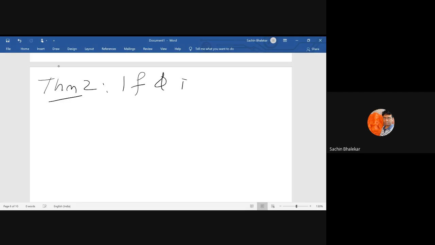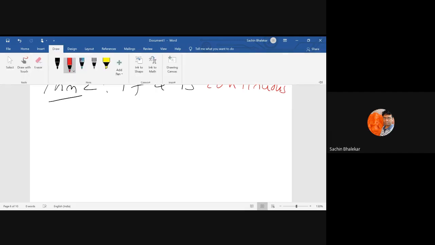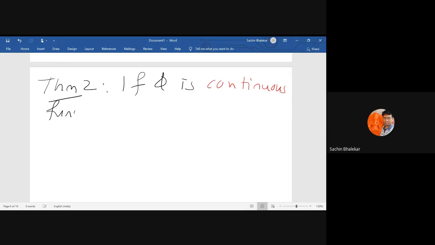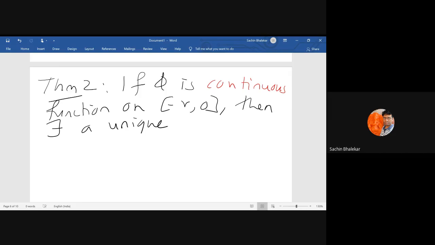If phi is a continuous function on the closed interval minus r to 0, then there exists a unique solution of the equation, that is the delay differential equation,